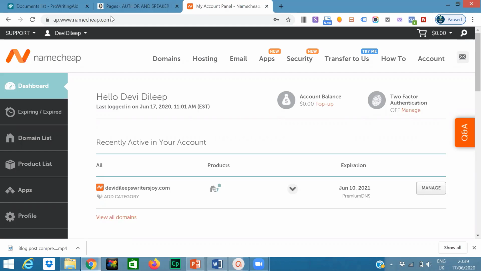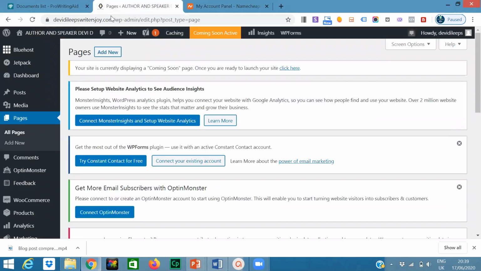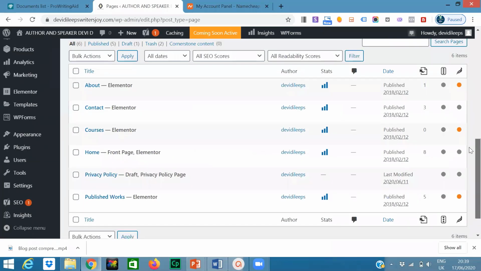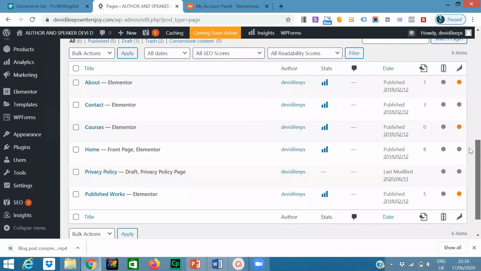So now Devi, we are on the dashboard. So a couple of things. Okay, I think everything has been done, right? As yesterday we selected a theme and you applied that theme there. Now this is your dashboard, correct? Yes. So scroll down a bit and let's quickly check a few things. I just want to show a few things to everyone. These are the pages which we have migrated, guys.